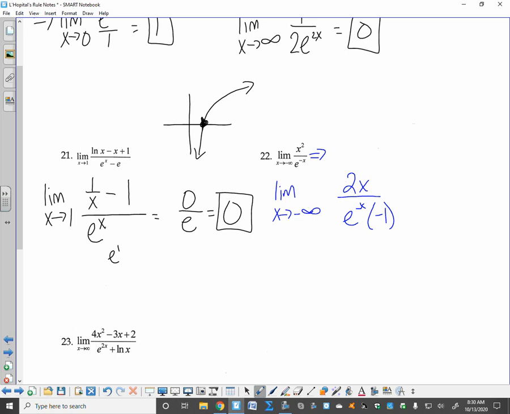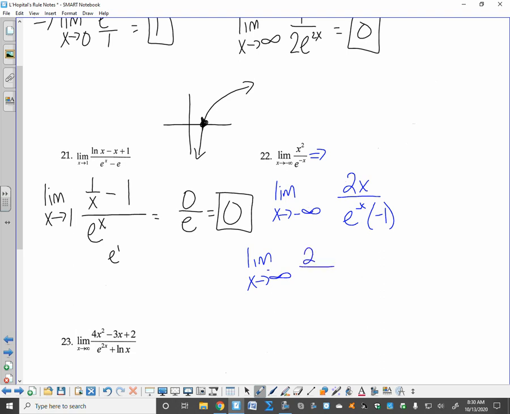And as I head to infinity again, top's going to infinity, and the bottom's going to infinity. And it doesn't matter if it's positive or negative, but the fact is it's still indeterminate form. So I'm going to go again. So L'Hopital's rule,